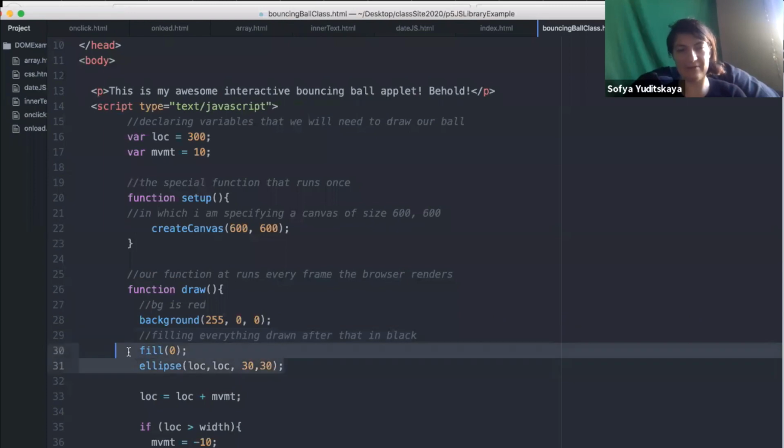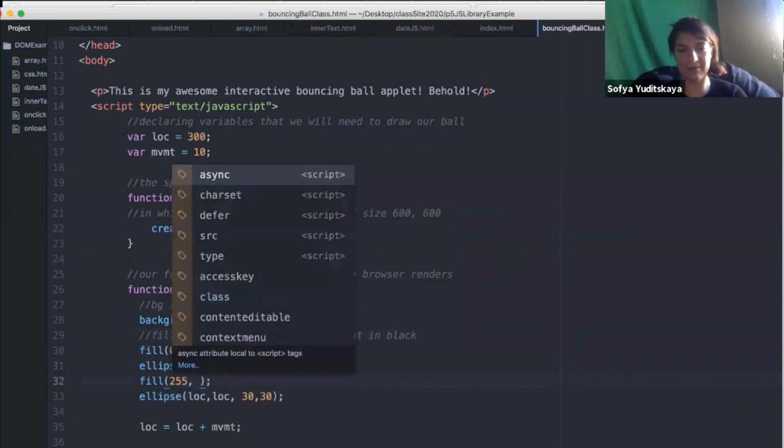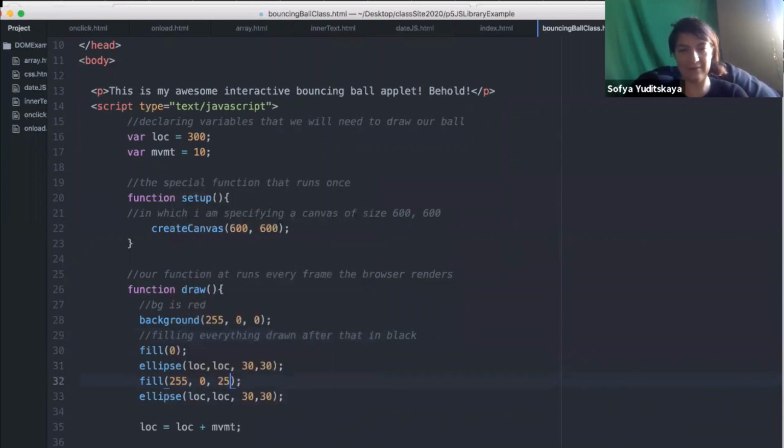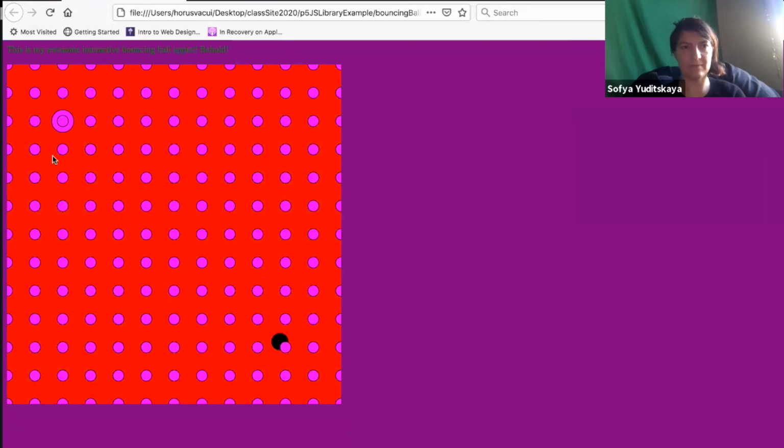So just for the sake of demonstration, if we have a purple ellipse and we'll just draw it at, I don't know, 100 pixels in. I'll make it kind of bigger so we can see it. Oh, that's funny. Okay, so there's my larger ellipse that I just told it to draw over here at 100